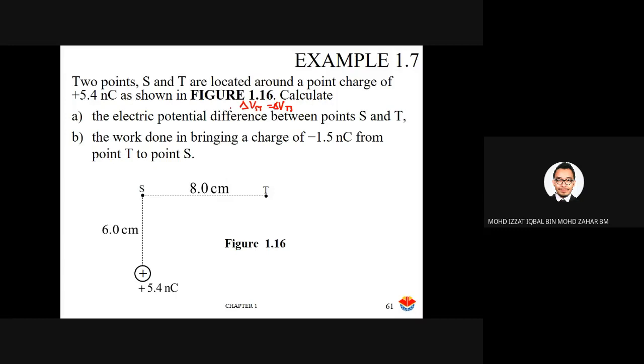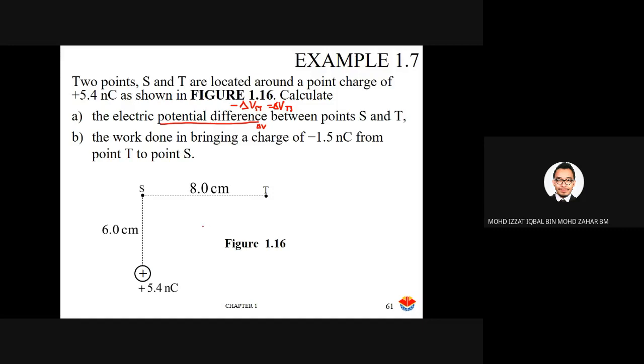Okay, if you do it like this, satu tu kamu akan dapat positif, satu tu akan dapat negatif. Kepadanya lagi satu lah. So saya just tulis dia macam ni. So dua-dua jawapan dalam exam diterima. If the question just state potential difference, that means the question want to find delta V. Tak perlu pening mana tolak mana, just tolak je. Dua-dua jawapan diterima. Kalau ada negatif, biarkan dalam negatif. Okay, but